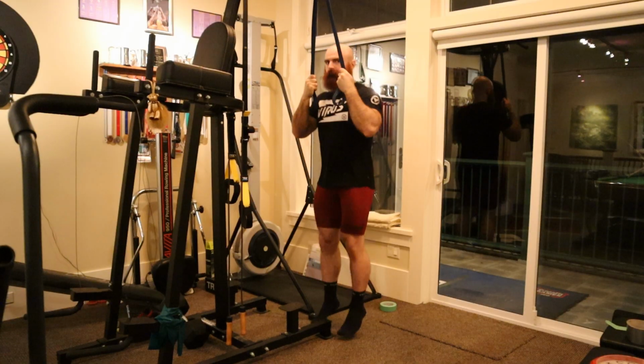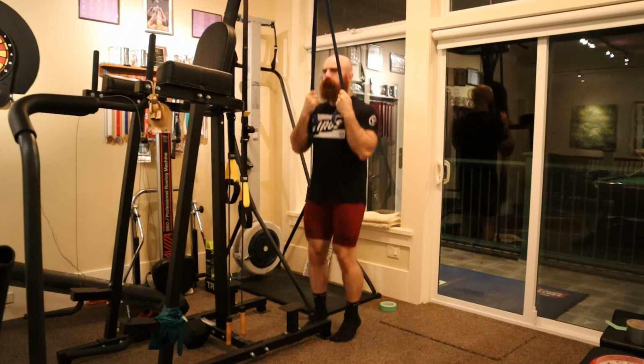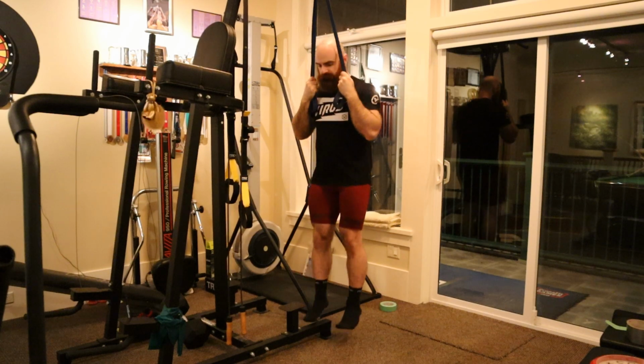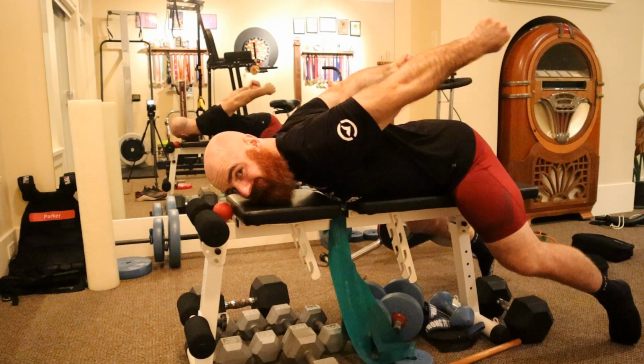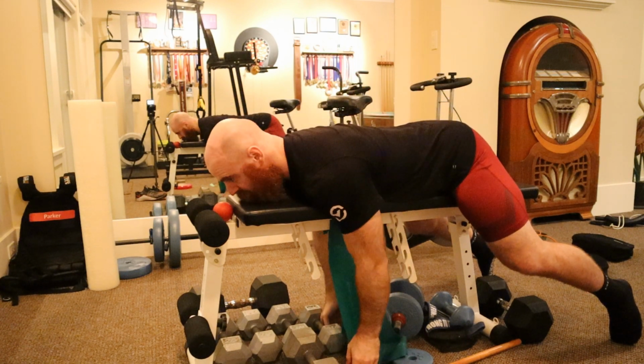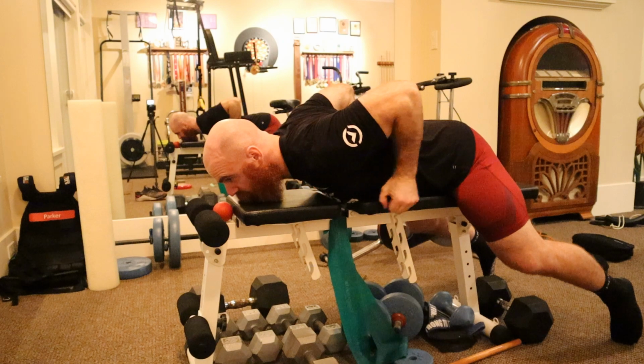Now here's a few warm-up drills you could try. For the double unders, to prepare your Achilles and your nervous system for quick, efficient firing, I'm a huge fan of band-assisted ankle hops or pogo hops or bounding or whatever you want to call them. To increase your ease and comfort, efficiency, and blood flow in the bottom of the push-up where you're going to be spending a lot of time, and to decrease unnecessary tension,